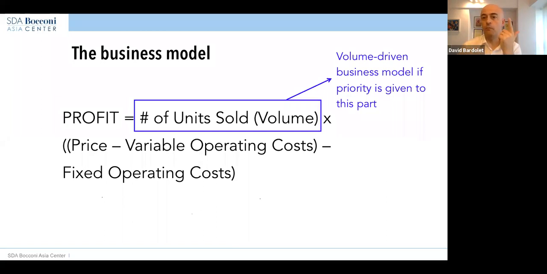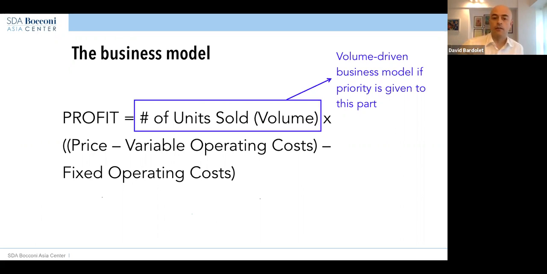So we have two big choices that come from a volume-driven strategy. My pricing strategy will always be like, let's try to keep lowering the price whenever necessary. I don't lower it because I like to, but I have to. The other is, let's really work on the cost structure. What can we do with raw materials? What can we do with the labor? What can we do with our energy costs? And all the things that allow the contribution margin to breathe a little bit. So these are already two very big choices that the company is making by choosing to be a volume-driven business.